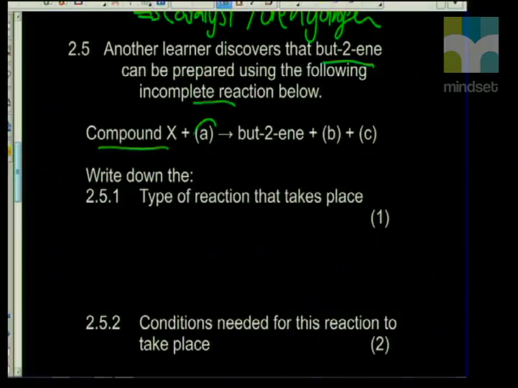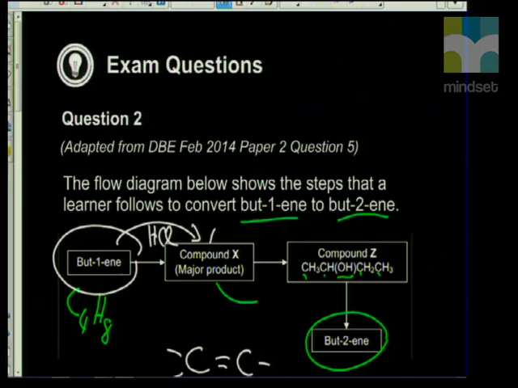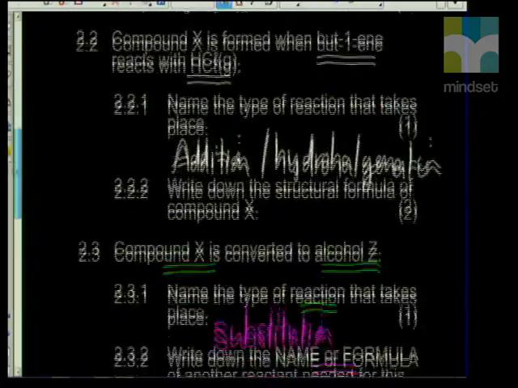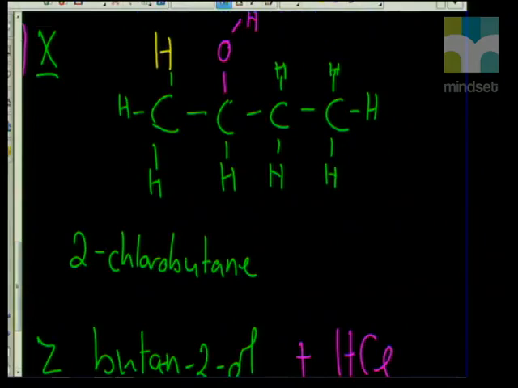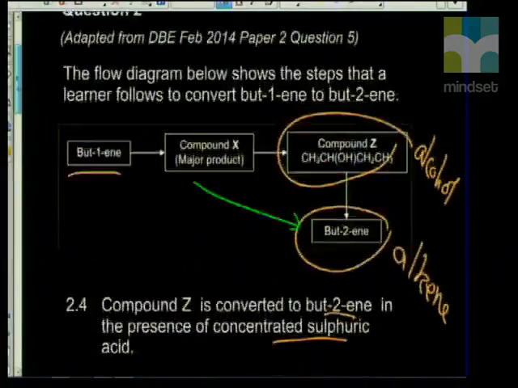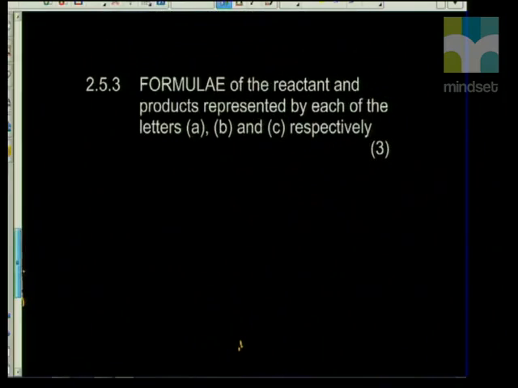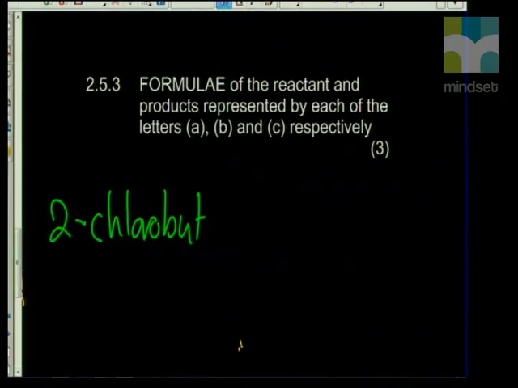He's suggested that there's another method. Take X, add something, and you will be able to get that and that and that. So here is another route. Write down the type of reaction that takes place. Well, we need to just identify X and make sure that we've got it right. We did this earlier, so I just need to look back on my notes there and see that we started with 2-chlorobutane. We've started with 2-chlorobutane, and we've ended up with